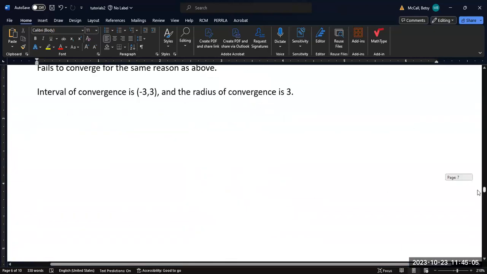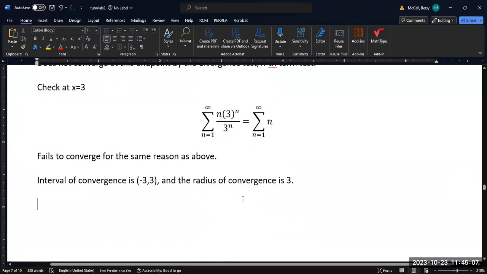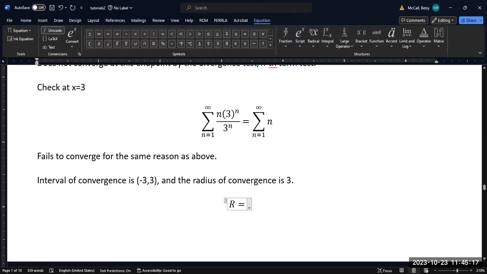The other way is to use the endpoints. The radius of an interval is basically b minus a over 2. So in this case, we have 3 minus -3 over 2, which is 6 over 2, which is